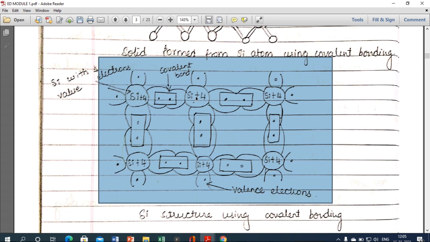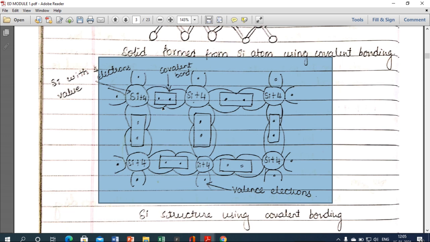So from this I can say that this is a covalent bond which holds 2 free electrons between the 2 silicon atoms, and each silicon atom has 4 free valency electrons. Now when I apply an external force, energy, or voltage, this covalent bond will break down at a particular applied voltage, and the electrons present in that bond will get free, and those free electrons will take part in the flow of current.